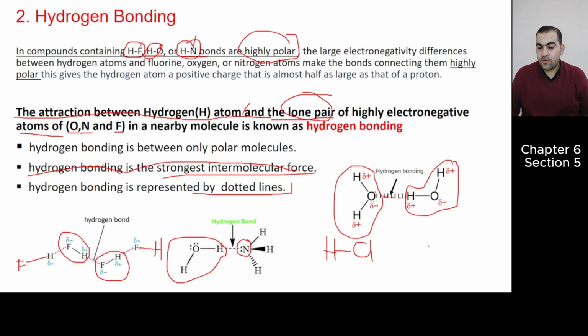No. So if there is another hydrogen chloride, this bond is partially positive, partially negative. But this is not a hydrogen bond, it's only a dipole force, because hydrogen bonding happens between hydrogen in a molecule and fluorine, oxygen, or nitrogen in another molecule. Okay,